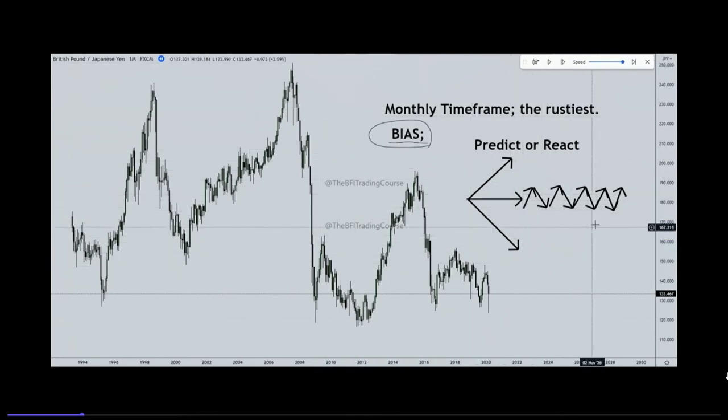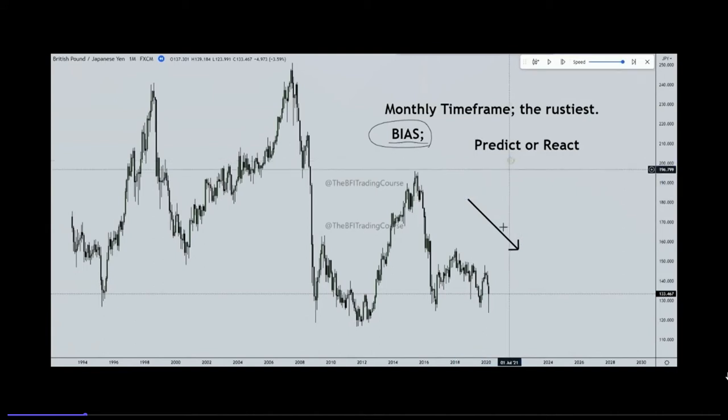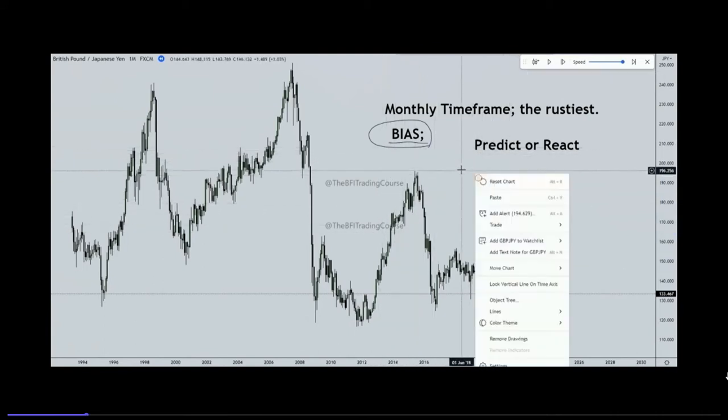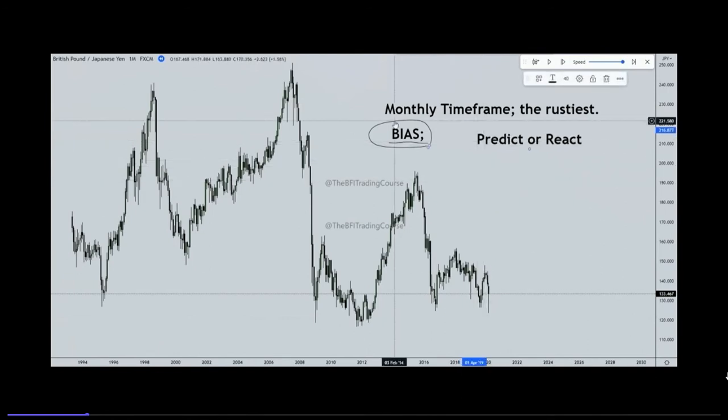So those are only 3 options for a bias. Hey, guess what? You don't know what the heck the bias is. Go with potentially reversing, because technically it could reverse at any moment. Okay, but you need to pick one. This is really important. Remember, if you have a solid monthly analysis and you determine your bias and make it crystal clear,